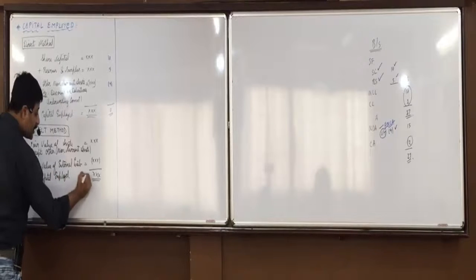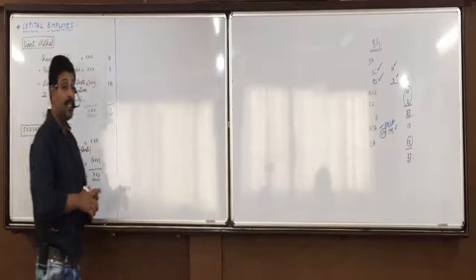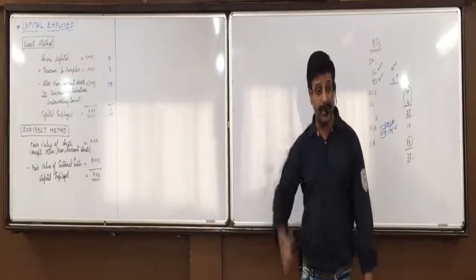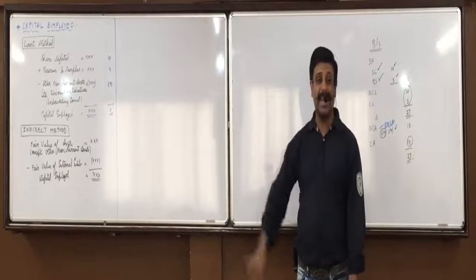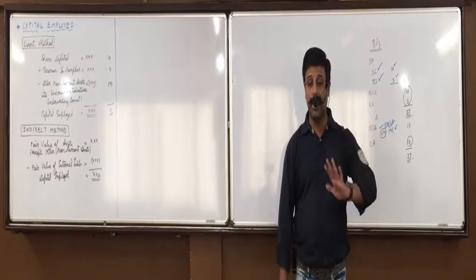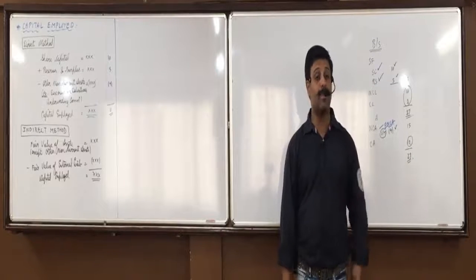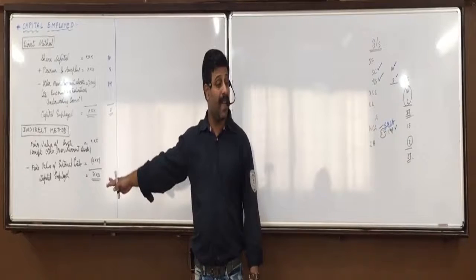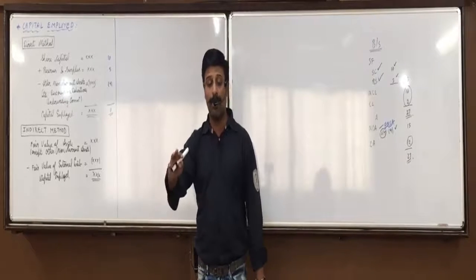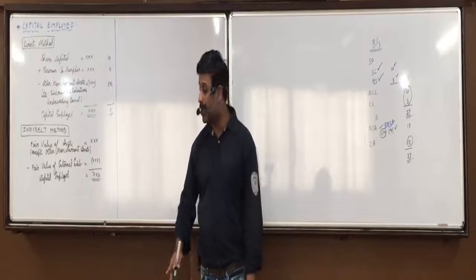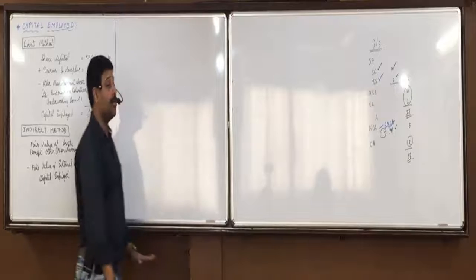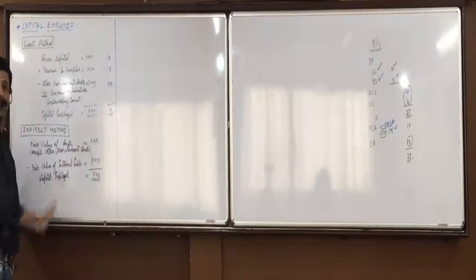Now why is this method better? As I said, if you consider the first method, then for each and every asset and liability, profit we have to add and loss we have to subtract separately. In the second method, it becomes convenient that you don't have to identify whether it is profit or loss. Directly take the fair value of assets and fair value of liabilities. Automatically that profit and loss will be taken into consideration and you get the capital employed. So we will always be following the indirect method.